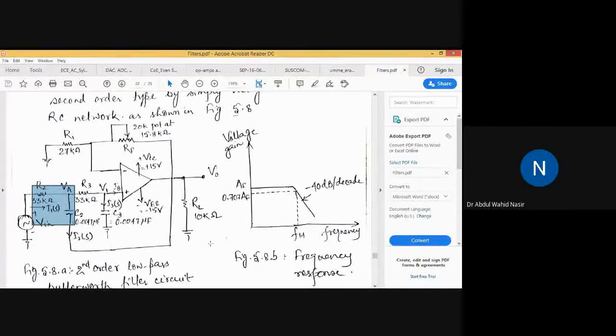So the circuit diagram is the same. Here we have V input, so you get the V input at the non-inverting terminal. This R2 is 33 kilo ohm, and R3 is also shown as 33 kilo ohm. You will see how we get these in the design part. C2 and C3 values have been chosen.